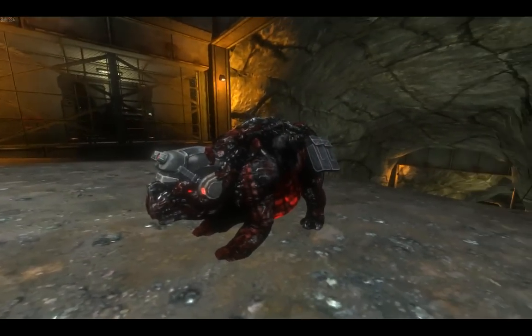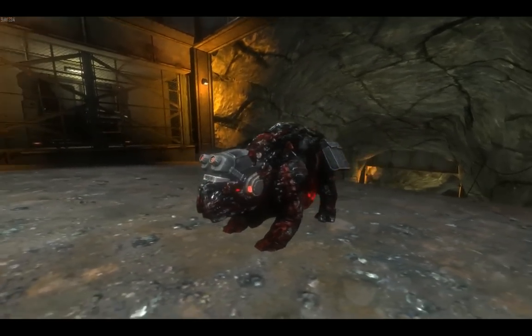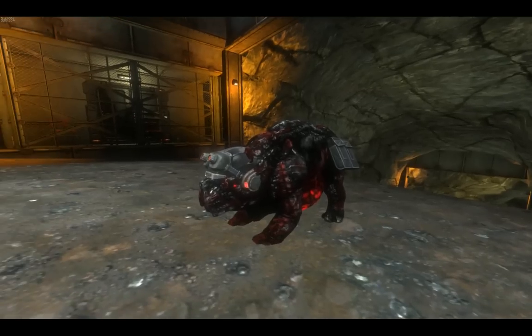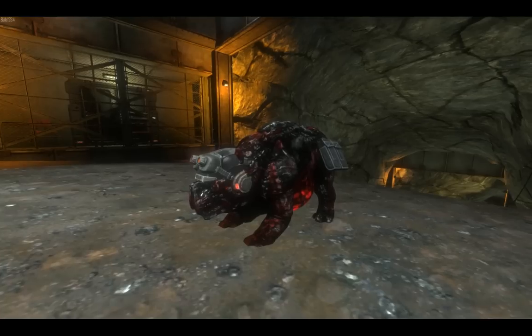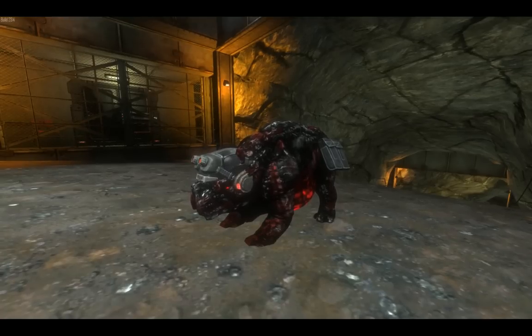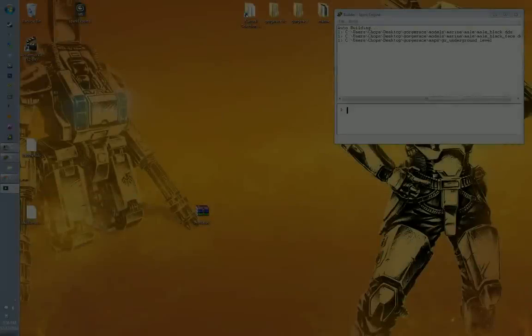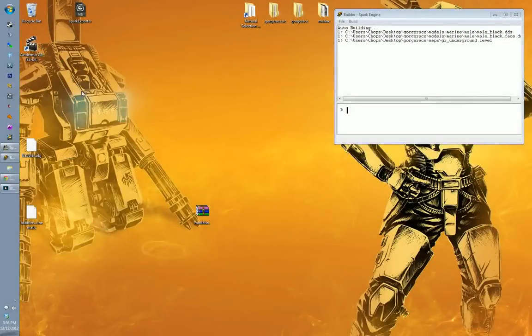And this model actually uses the full animation set of the Gorge, and he is completely version independent, so I'll be showing you how to do that. Let's go ahead and get started by closing out and switching to screen 1. Perfect. Alright, so first thing we need to do